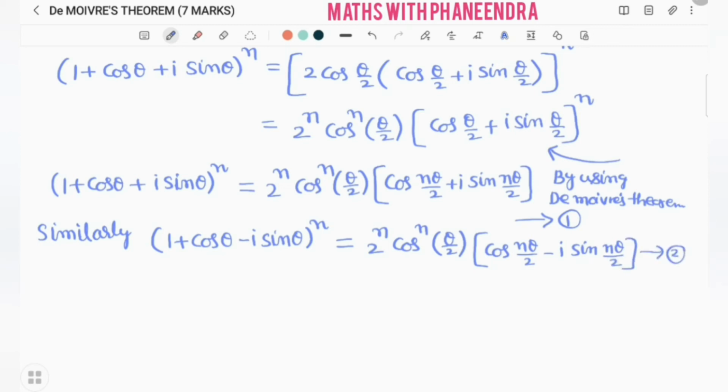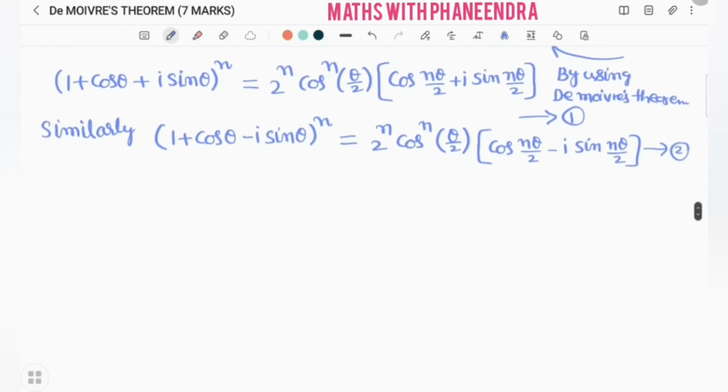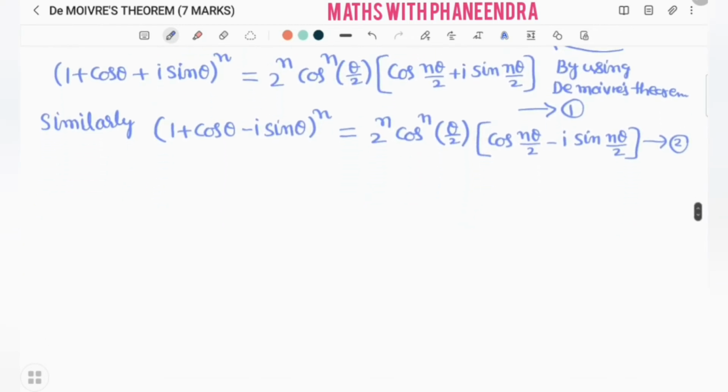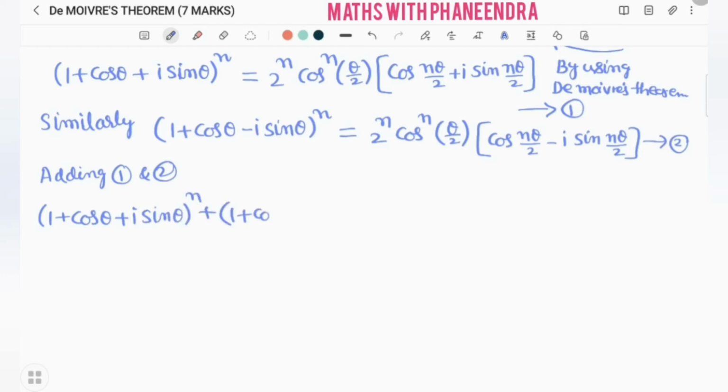Equation 1, equation number 2. Now consider adding 1 and 2. So LHS values first we are adding (1 + cos theta + i sin theta)^n + (1 + cos theta - i sin theta)^n is equal to